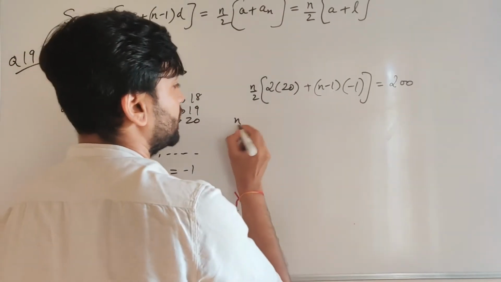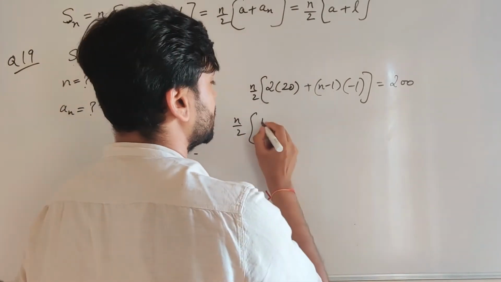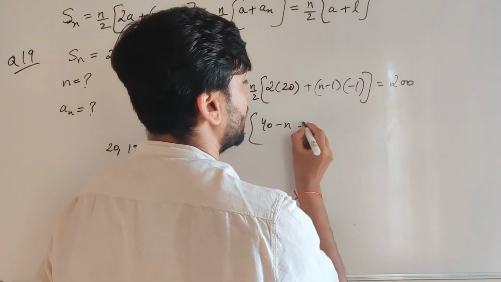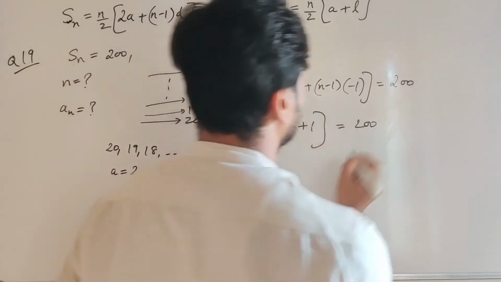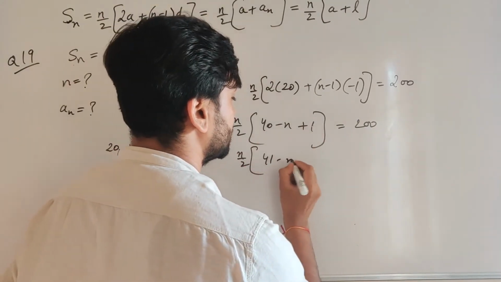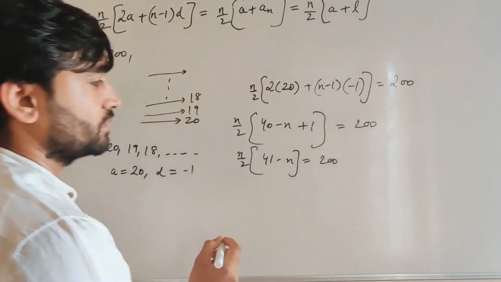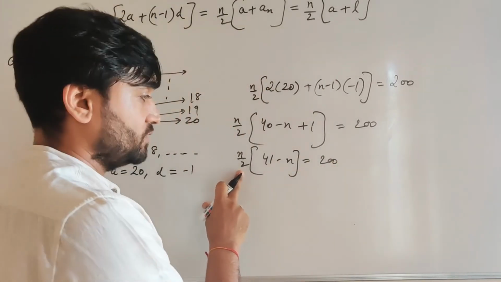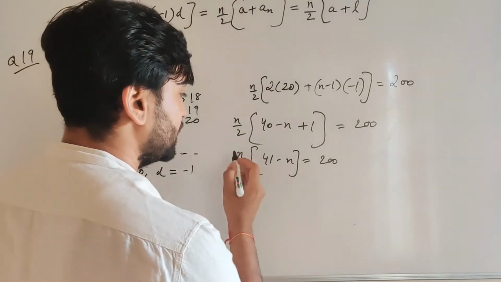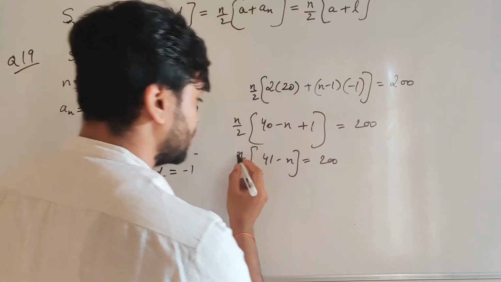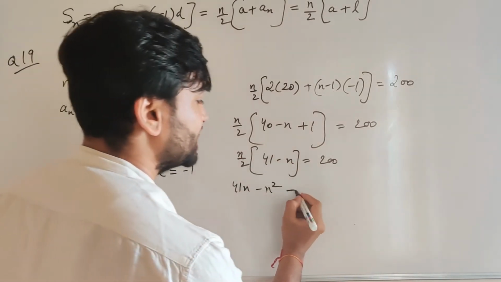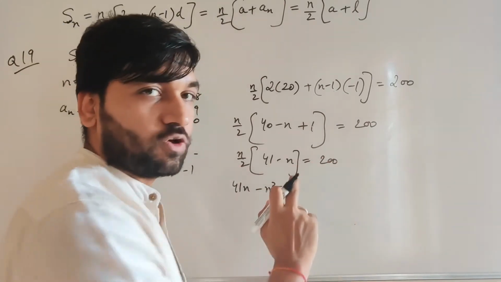I'll simplify. n by 2, 40. This minus 1 I'll multiply with n minus 1. So minus n plus 1 is what I'll get, equals 200. So I'll get n by 2, 41 minus n equals 200. Okay, so this 2 is in the denominator. So when it goes to the other side, it goes to the numerator. Cross multiplication basically. And this n I'll multiply inside. So inside I'll get 41n minus n square